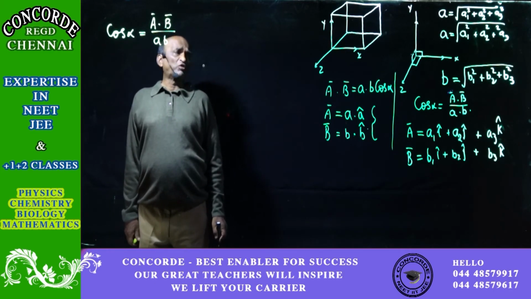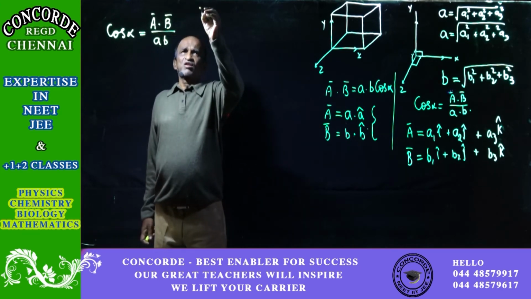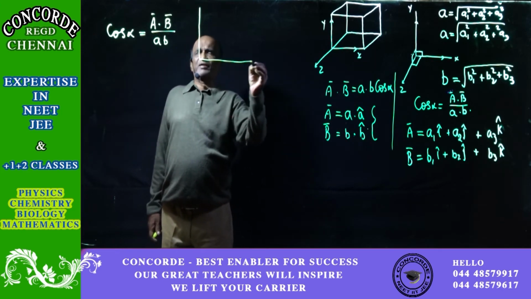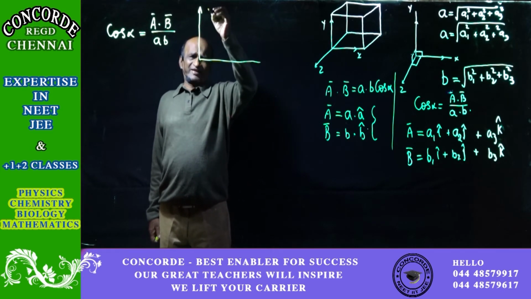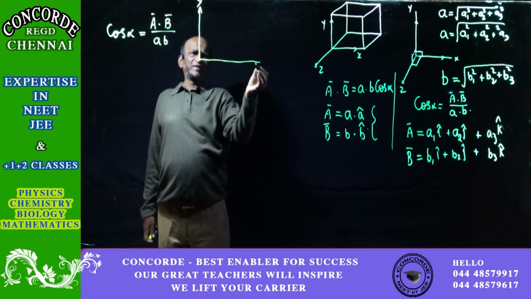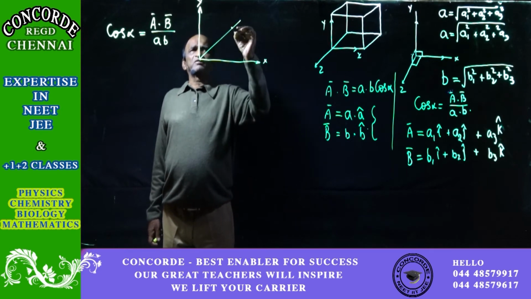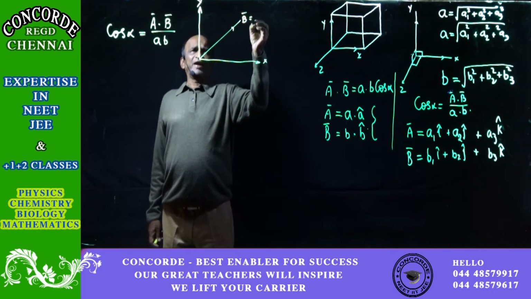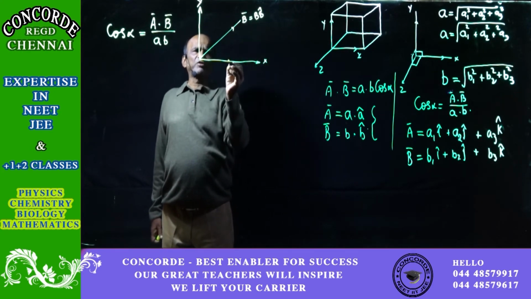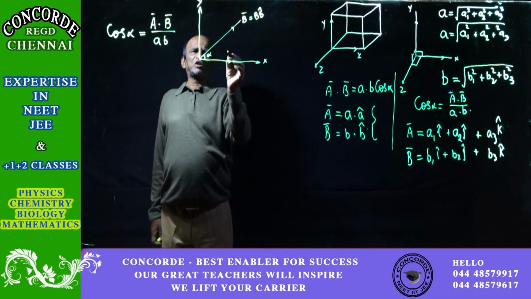We need to now find out what is A bar dot B bar. For that, see here. What I am telling you might appear to be simple, but if you don't look into it repeatedly a number of times, it will not remain stuck in your minds. It will go off your minds. So this is y bar and then this is x bar. We had one vector B bar, the component of the magnitude was equal to B cos alpha.